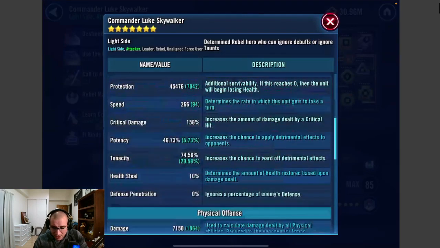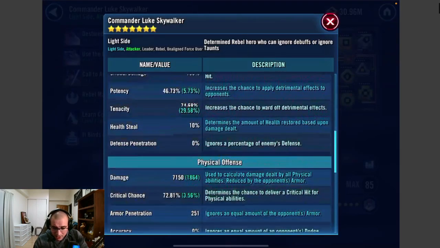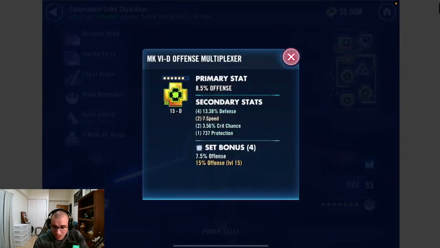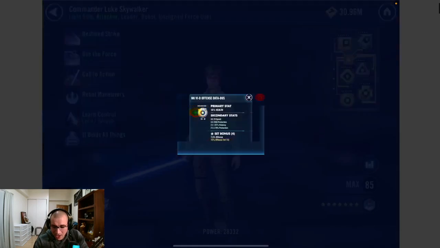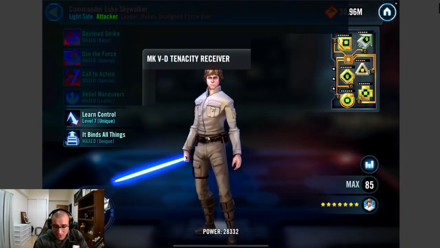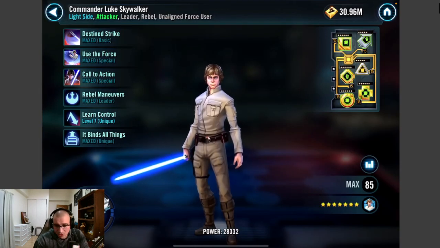Okay, yeah, I like it. Tenacity and damage, yeah, not bad. Offense, health. I like a crit damage set here, crit damage. Maybe you're just lacking in crit damage, but this is fine. This is a work in progress, but